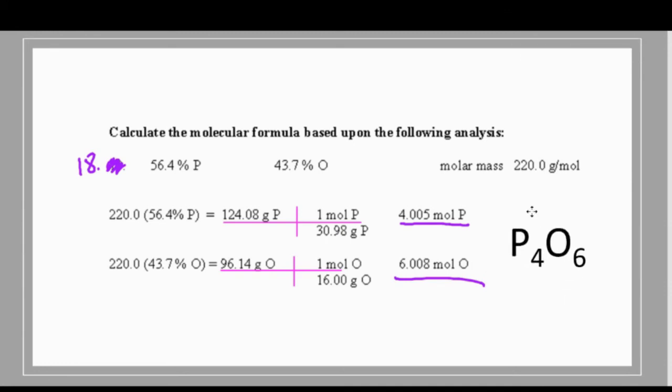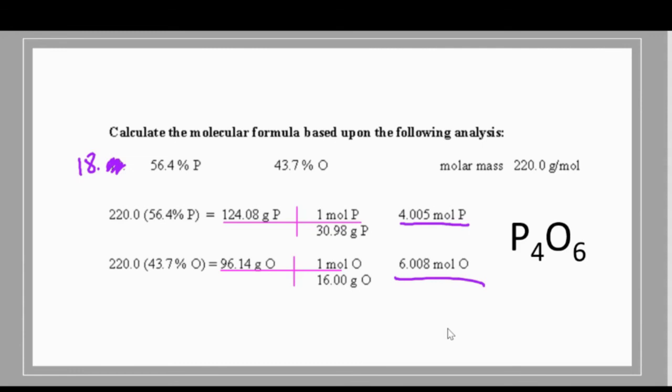Yeah, that looks like it could be the formula. We need to check and make sure it is the formula. We have the mass there. The mass might be 220. Let me grab my calculator and make sure that P4O6 matches the mass. So P4, phosphorus is 30.97. Oh, there's 4 of them. I'm going to multiply that by 4. And oxygen is 16. I'm going to multiply that by 6, and I got